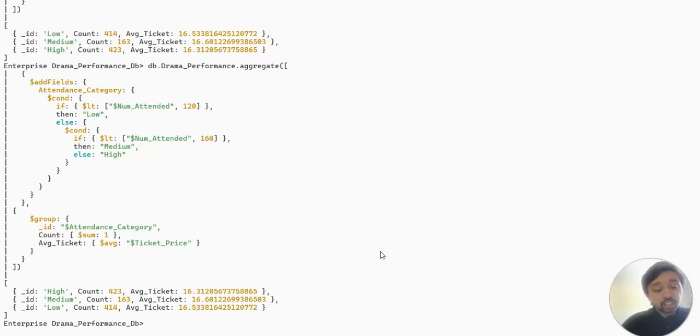It uses conditional logic as well as the aggregation framework together to transform the raw data into meaningful insight. That's the main key takeaway with this query, that we can combine both conditional logic as well as the aggregation framework to reach a final conclusion for this question. Thank you.